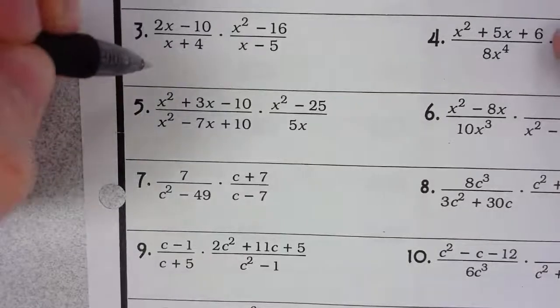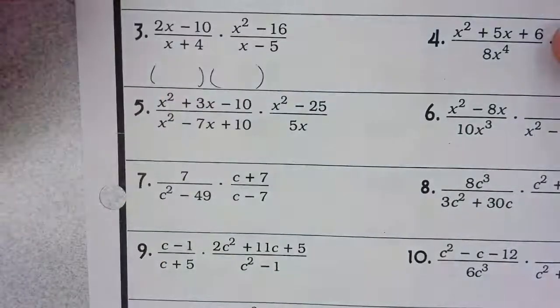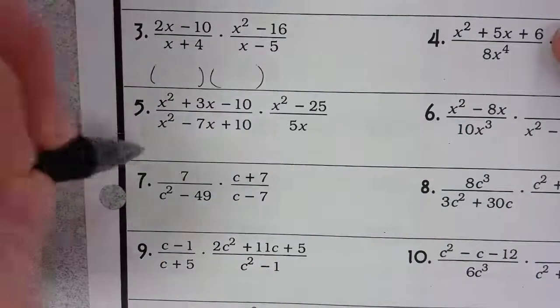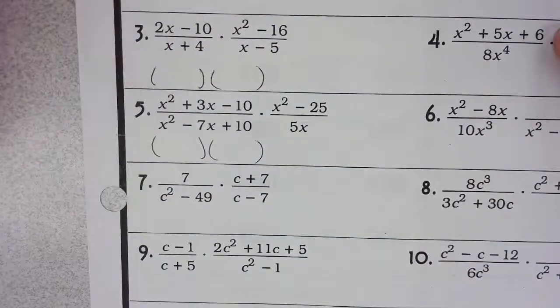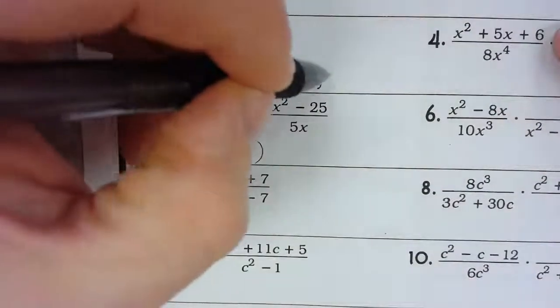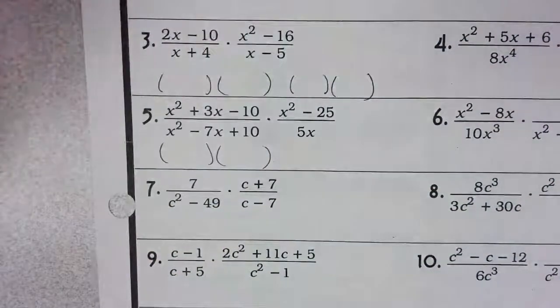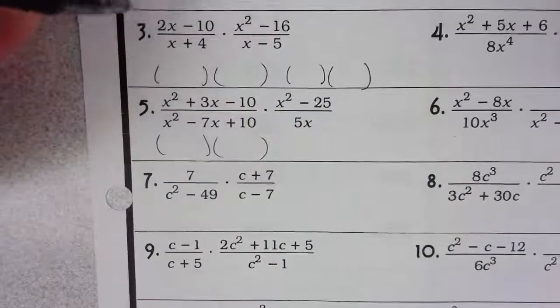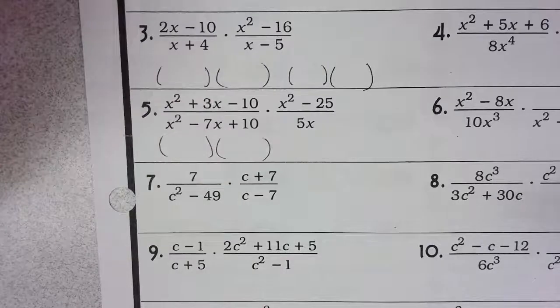So if I'm looking here at the top left of number 5, I'm just going to draw my parentheses here. If I'm looking at the bottom left of number 5, it looks like it factors through there. Notice the upper right, and it looks like we just have a monomial on the bottom right, so that's not going to factor at all. Again, I want us to encourage us to always do what you think is the easiest of the 4 first